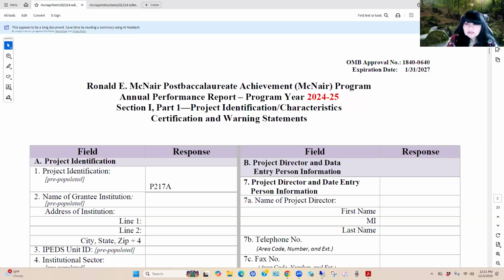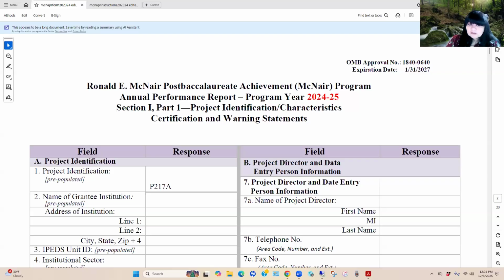This one is just a Word document to show you what you're going to be asked, but in the APR web portal, it's going to look more like a form. You're going to just respond to these particular questions. You'll notice on my left that a lot of the information regarding your project is going to be pre-populated.